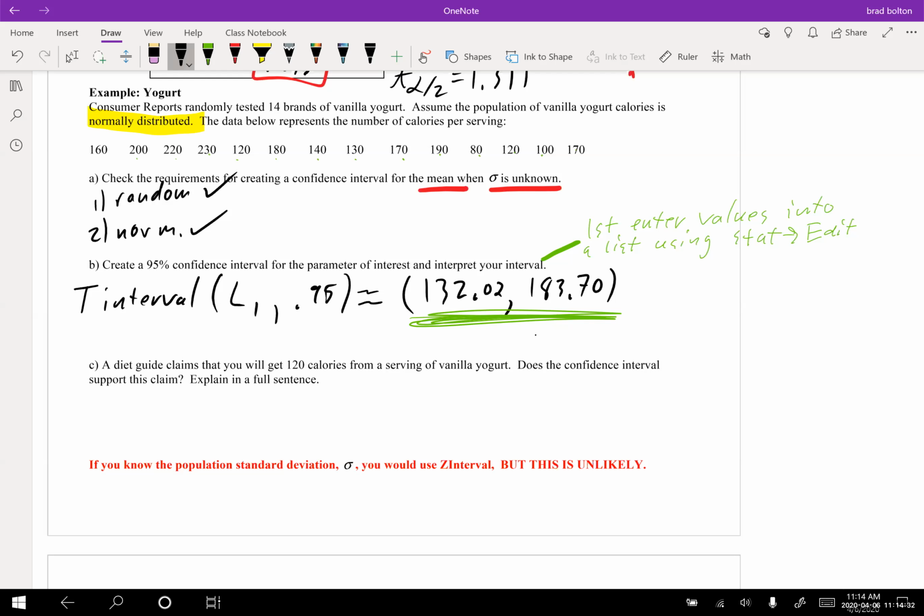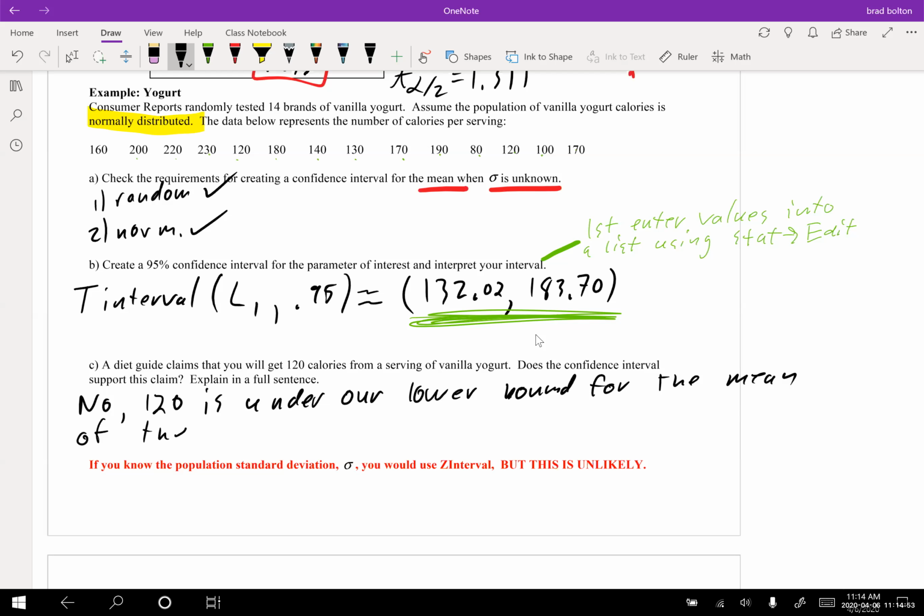We're going to say no. No, this does not sound right. 120 is under our lower bound for the population of calories. It's not even in, 120 is not even in our confidence interval. So based on that, I'm going to say that this diet claim doesn't sound very likely because 120 is not even